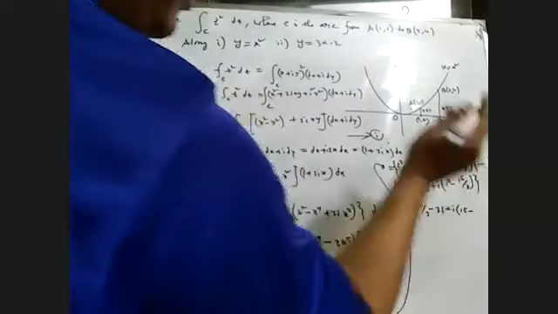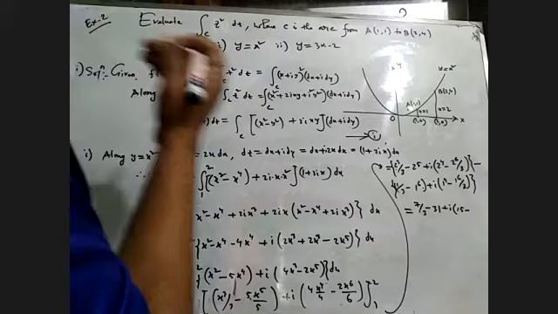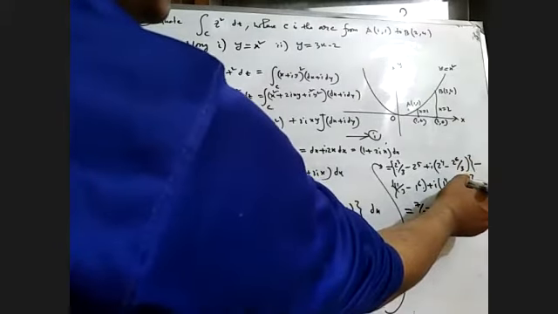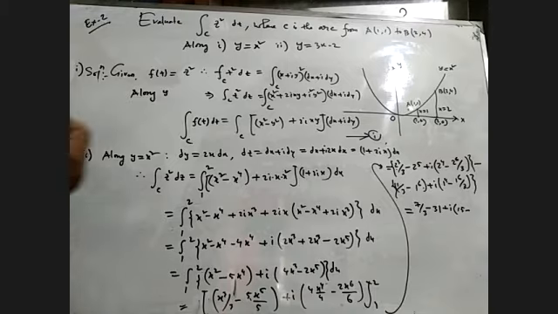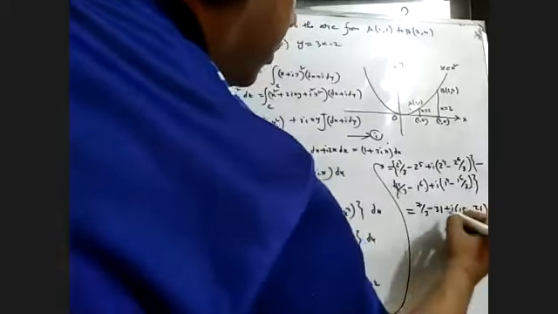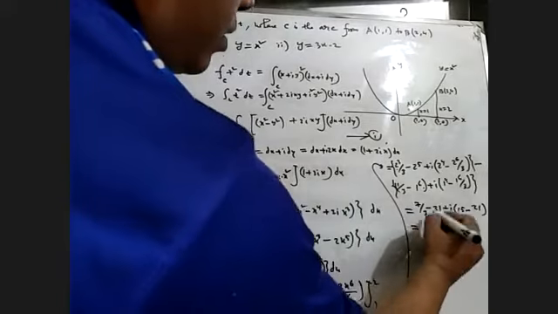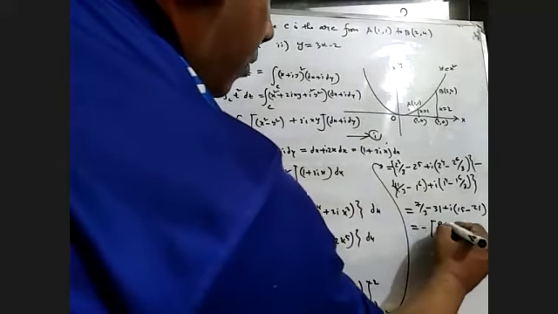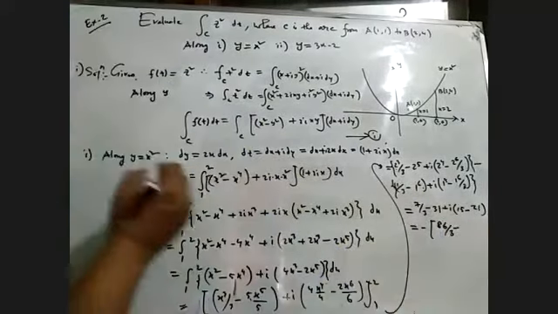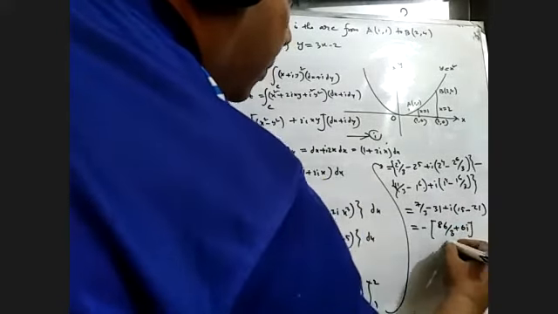15 and 2 to the power 6 by 3. 2 to the power 6 means 64. 64 by 3, that means 60 plus 1, 65. That means we get 21. This is the result. That means after simplification we get 86 by 3, 86 by 3 plus 6i. This is the result.